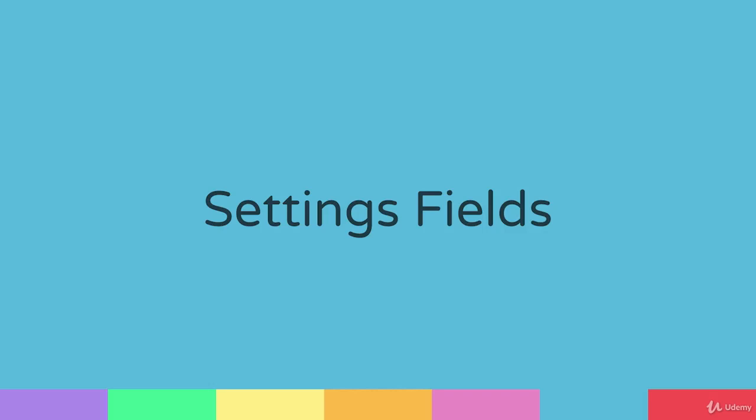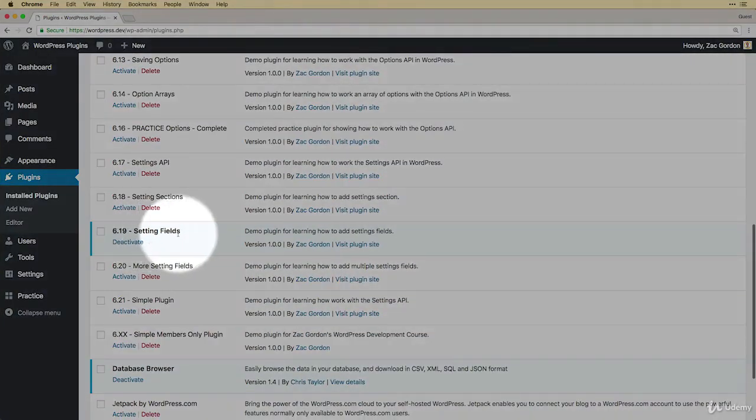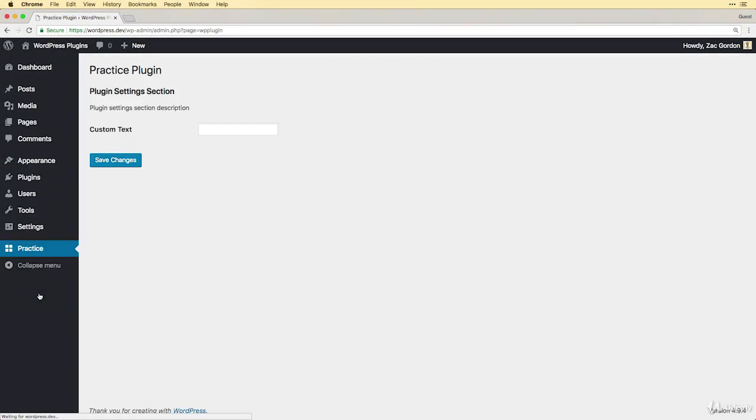All right, now that we have set the stage with looking at how to set up basic settings sections, we could get into the fun part, which are the fields themselves. So let's activate our plugin here, Settings Fields, and come onto our settings page. Now notice that we have our settings section, which we set up before, but now we have this field here called custom text, and we could save